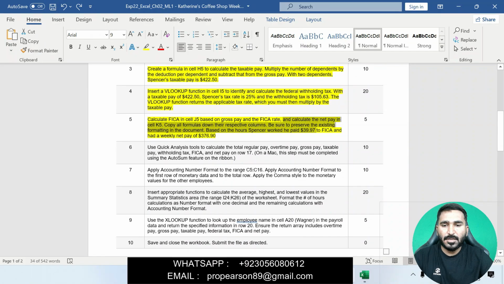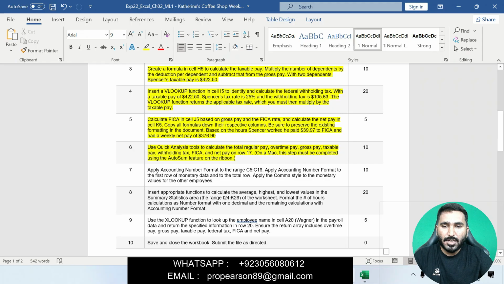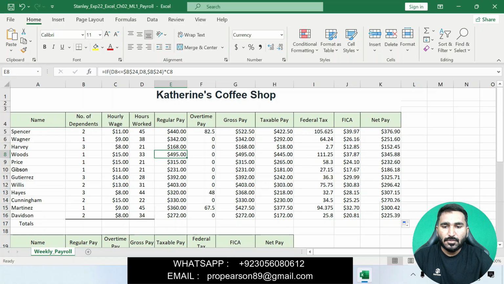Question number 6 is: use the quick analysis tool to calculate the total regular pay, overtime pay, gross pay, taxable pay, federal tax, FICA and net pay on row 17. Okay, total regular pay, overtime pay, gross pay.